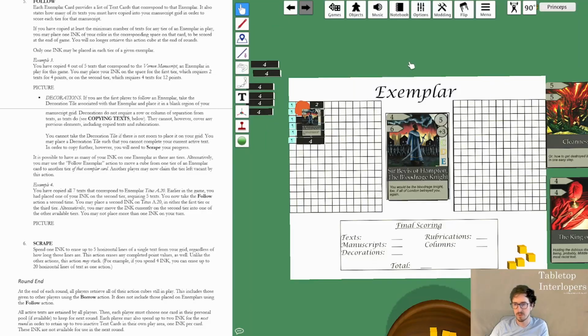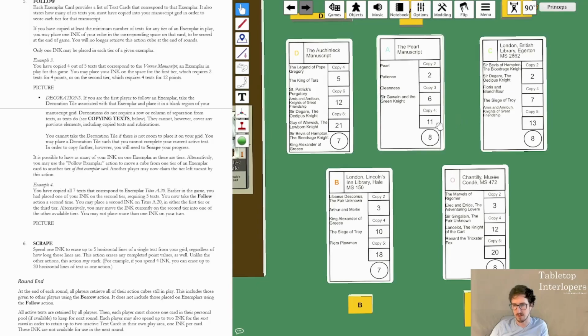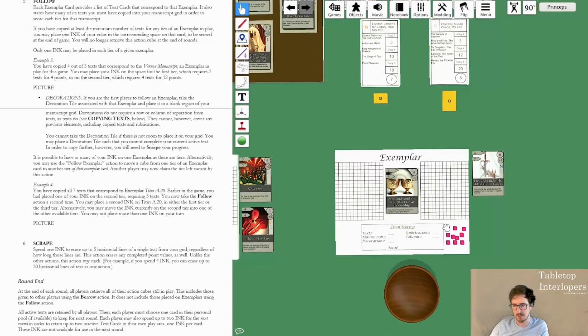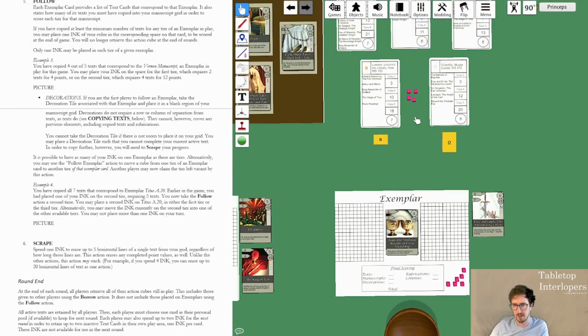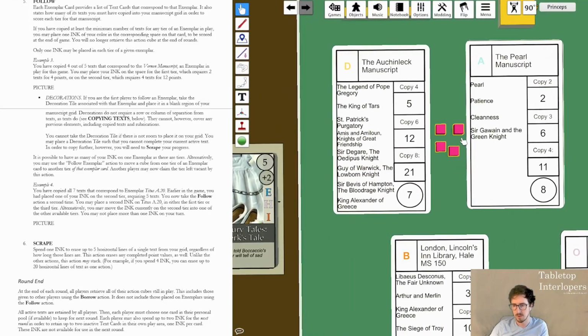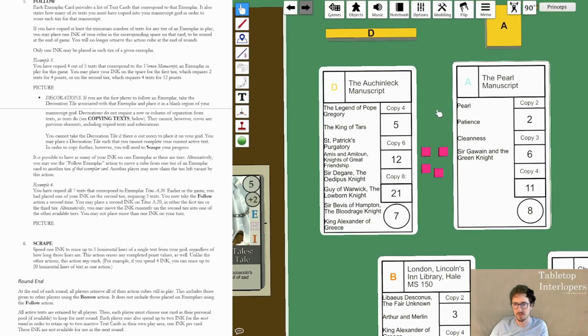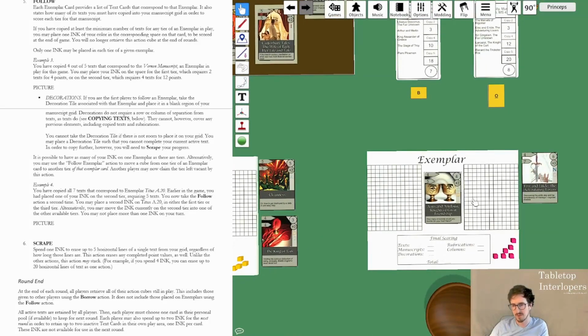The fifth action you can take is you can follow along with a manuscript exemplar, these fun guys over here. So we'll use Pink as our example here because Pink's cubes are nearby, but let's say that Pink had copied, just like this manuscript card requests, 4 of the Auchinleck manuscript's texts. It does not matter which 4. Then the Pink player, I know it doesn't show it having done that, but you can believe it,